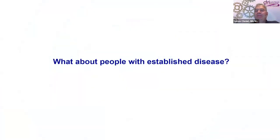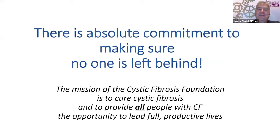And also, what about the people with established disease? If you're 45 years old and you've already got bronchiectasis and inflammation, modulators aren't going to reverse that. So you're going to still have to treat the other parts of the lung pathology, the inflammation, the infection. And there is a commitment from the CF Foundation. Their mission is to cure cystic fibrosis and to provide all people with CF the opportunity to lead full and